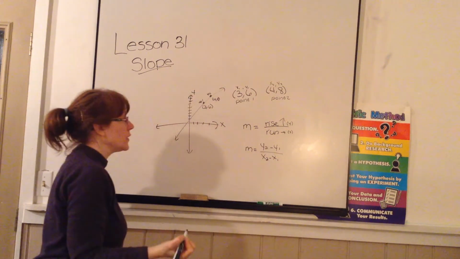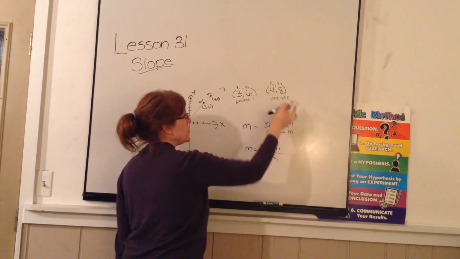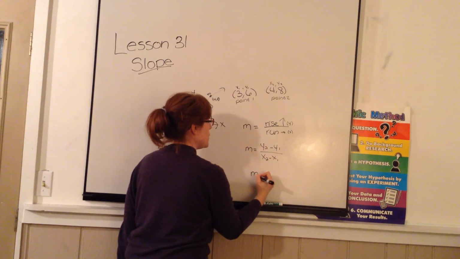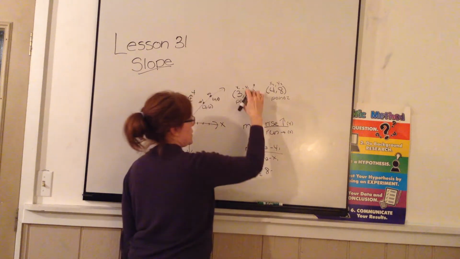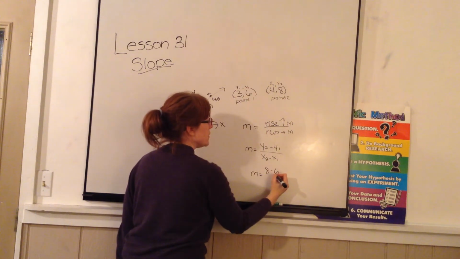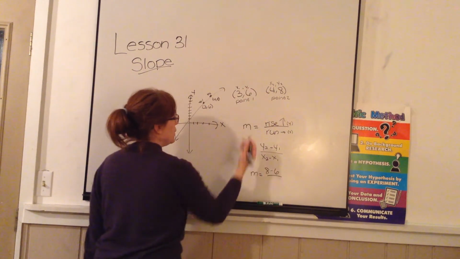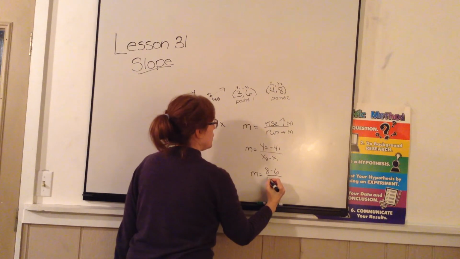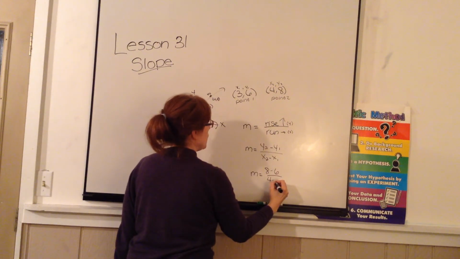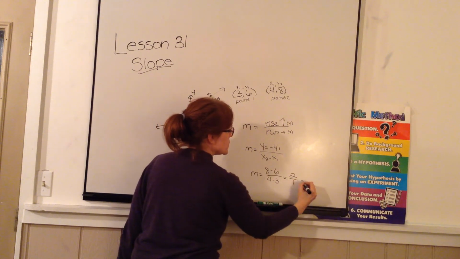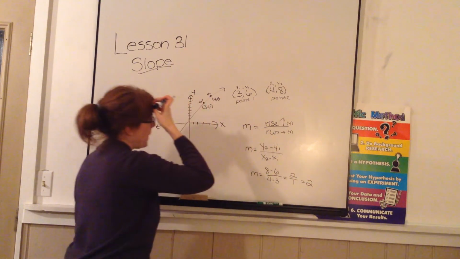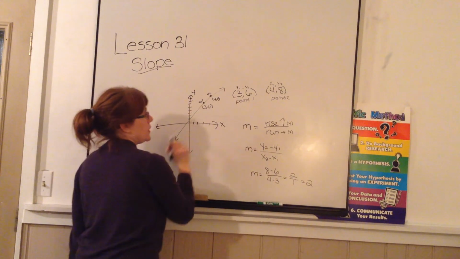Then I'll just take my numbers, and I have m equals y2, which is 8, minus y1, which is 6, and then x2 minus x1, and that's going to give me 2 over 1, so my slope is 2. Okay? And all that means is